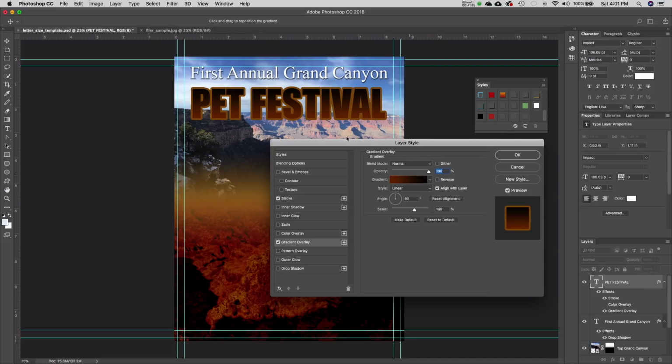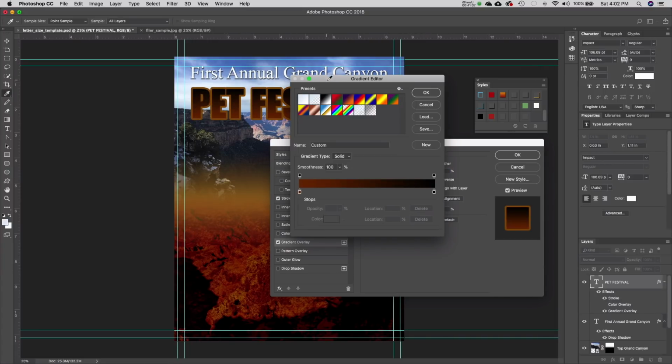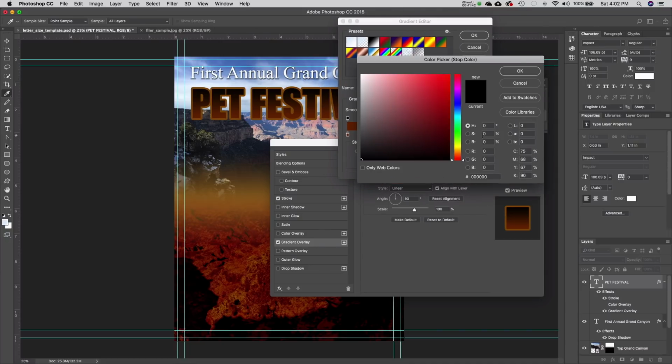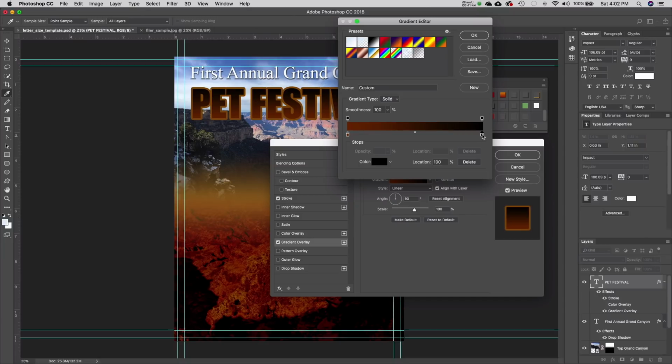Turn it on, you'll see, boom, we get a nice gradient. Nice. Photoshop is nice to us with setting up a default that works. We're not changing anything here. We're going to leave it. We can reverse it. But what we're going to do is change the colors in the gradient. We can even change the opacity if you wanted to. But I'm going to do gradient on the color. And this time, I am going to change the dark color. And you'll notice I went right on this little handle. And you can move these handles and change